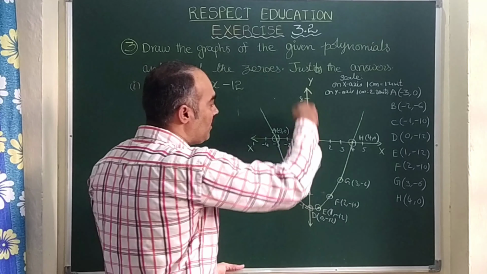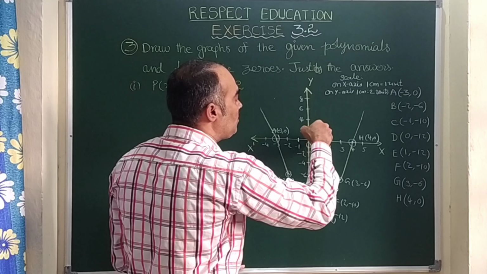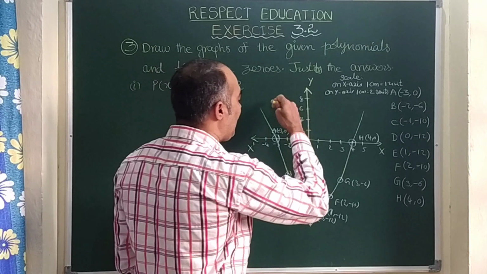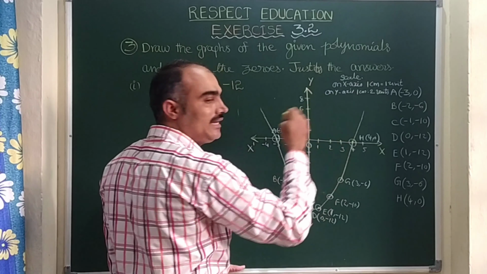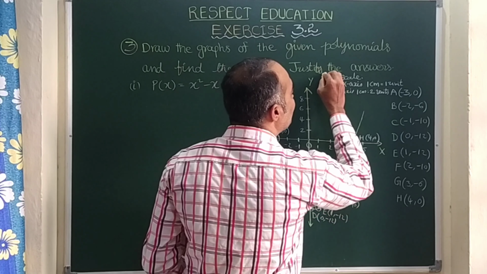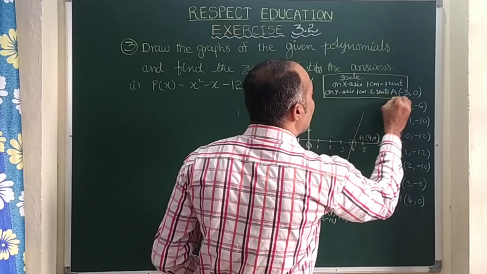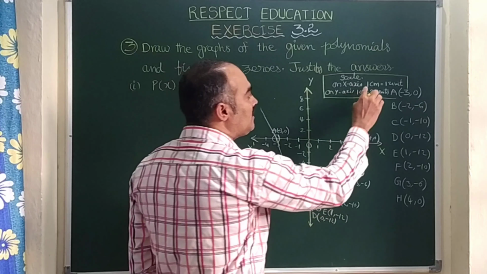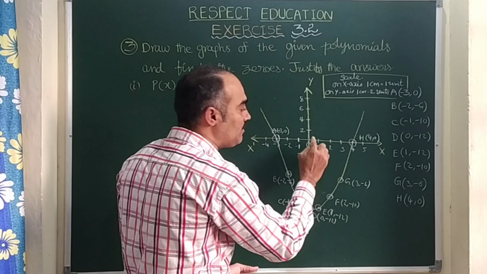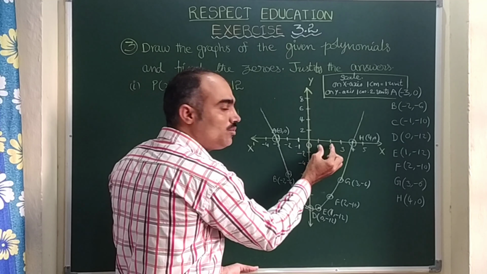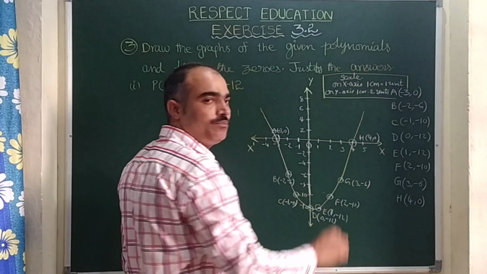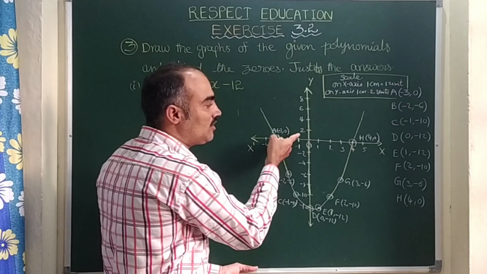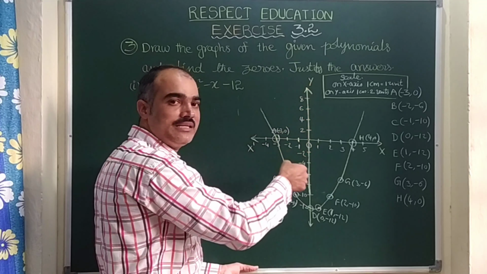And one more thing, on the y-axis also you have to take positive values on the positive y-axis and negative values on the negative y-axis. Right, here you see, as per our convenience, I have taken the scale. Here you mention the scale also very clearly. On the x-axis, 1 centimeter is fixed in every graph page. How many units are in this 1 centimeter? See, 1 centimeter I am taking as 1 unit. This is 1 unit, 1 to 2 again 1 unit, 2 to 3, 1 unit. That scale is important. Same way on the y-axis, 1 centimeter I am taking as 2 units. See here 2, 4, 6, 8. Everywhere I maintain the difference 2.